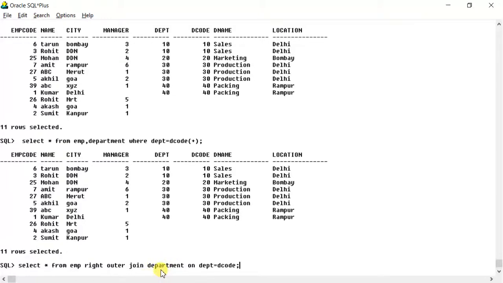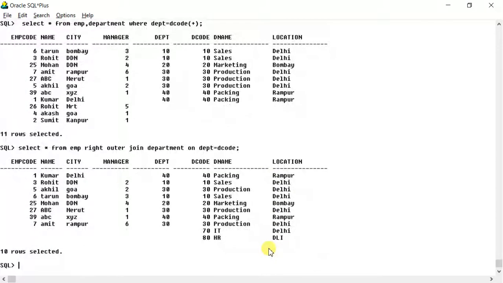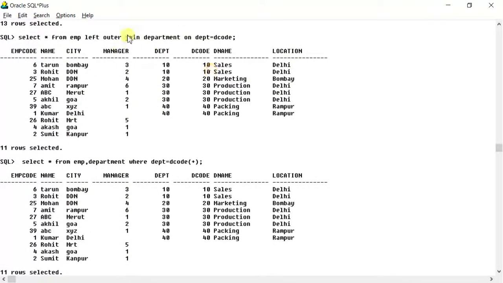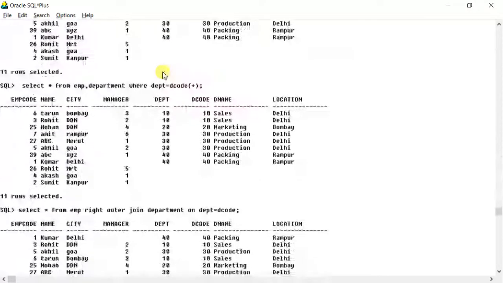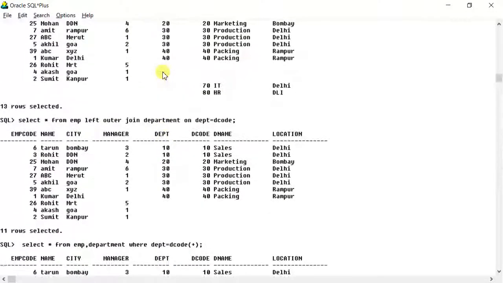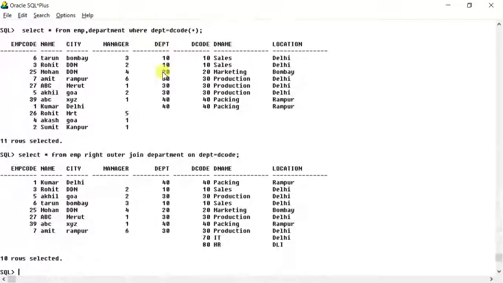So extra records will come from department. This is the difference. Try to understand it. It is a simple concept. Just the position of the table written, and the left or right word written, has the effect. The concept is the same. It is up to you whether you want to use plus or the left or right keyword.